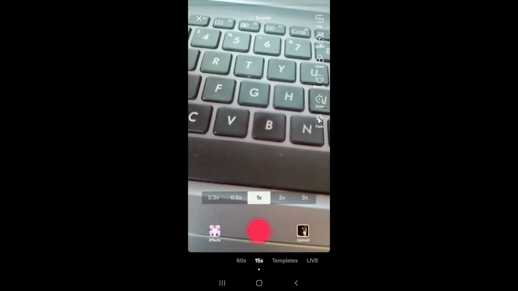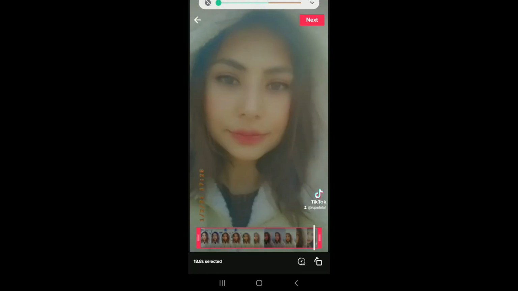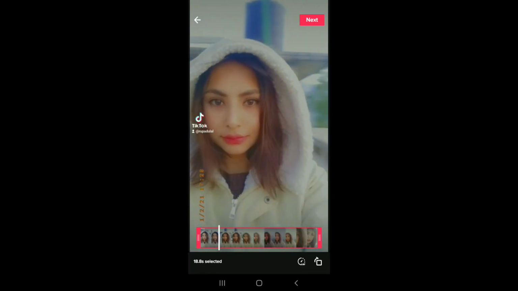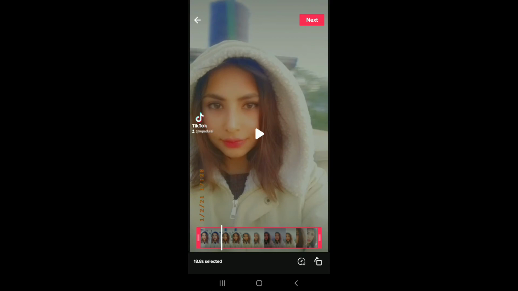Tap on the upload button at the bottom right, select the video from your gallery. Tap on the next button after you're done, which is located at the bottom right. Now, once you do that, tap on the next button at the upper right corner in order to upload your